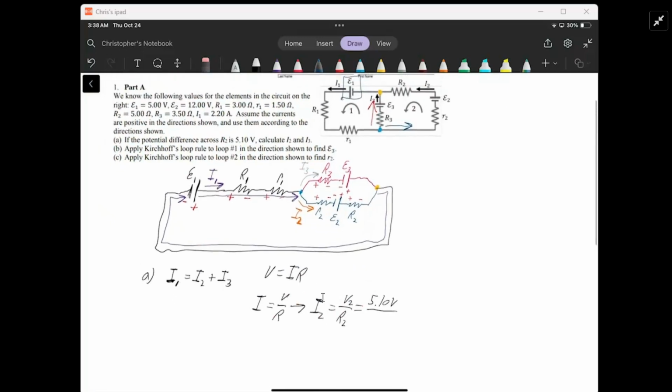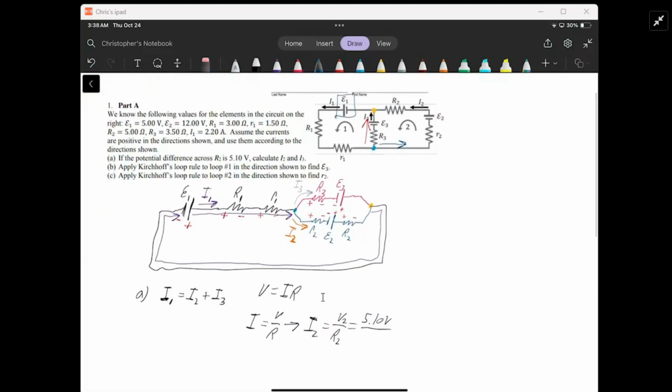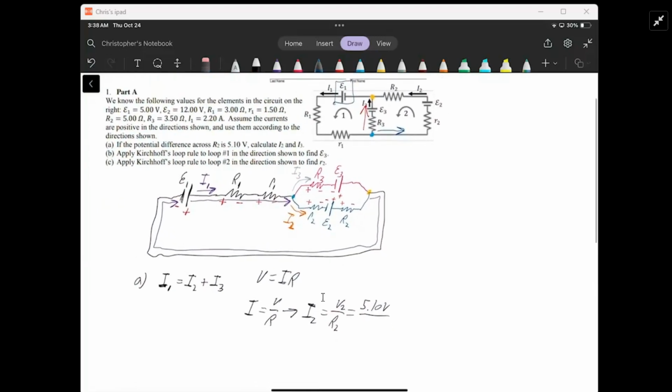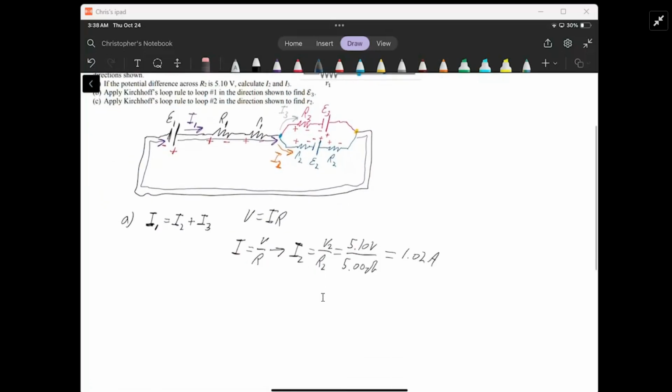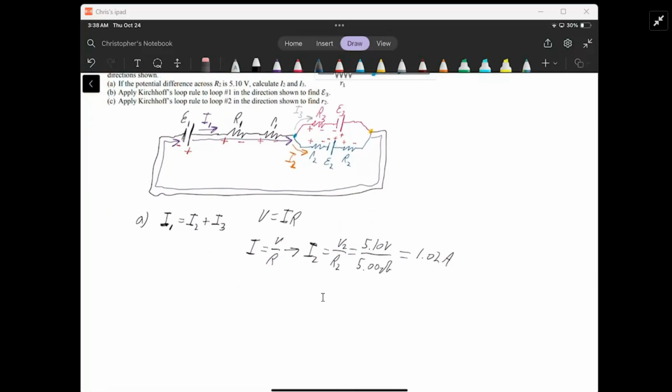And we also know from the question that capital R2 is just 5 ohms. And when you do the math, it's just going to give you 1.02 amperes. So now we have I2, right? So let me highlight that. So all of this is the work we did for I2,